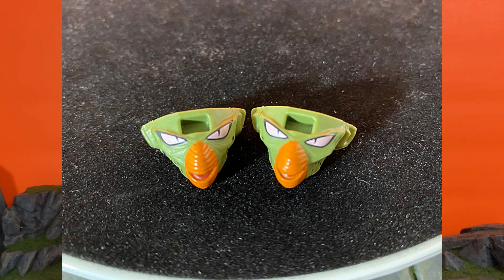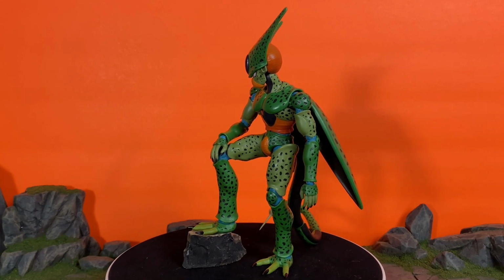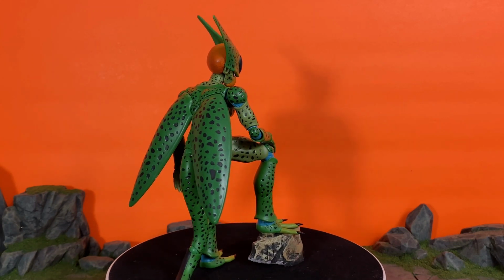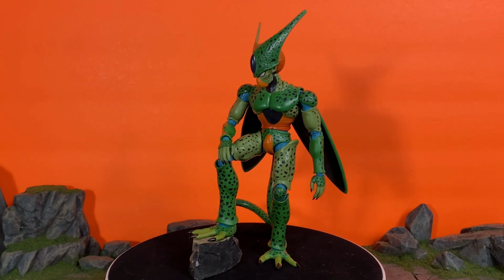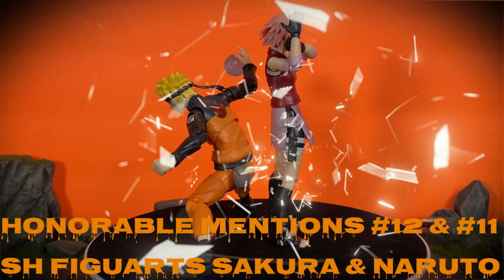face sculpts, but besides that, I do love this figure because this was the very first main villain I did see in the series. The individually sculpted pieces throughout his bug skin armor is also painted black, so that is appreciated and you do get nice movement, but I couldn't put him on the list with those issues, but still a great figurine. And coming in at number 12 and 11, the last two on the honorable mentions, is the